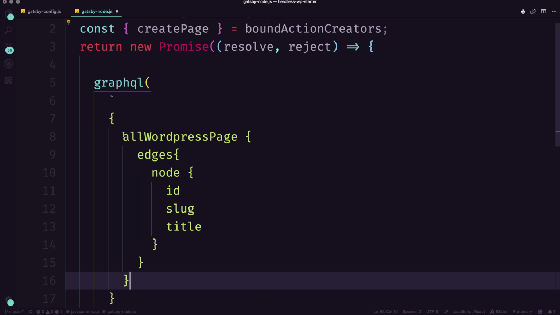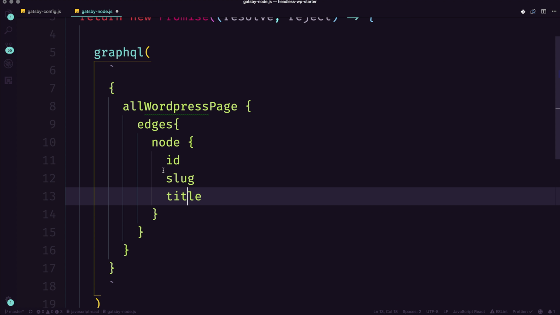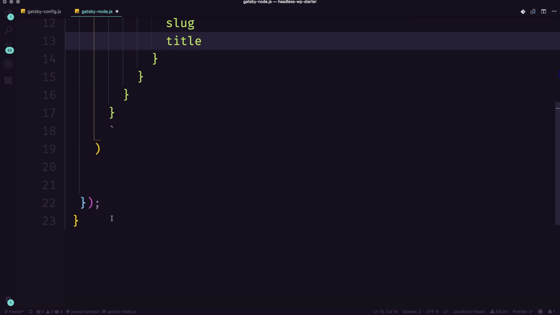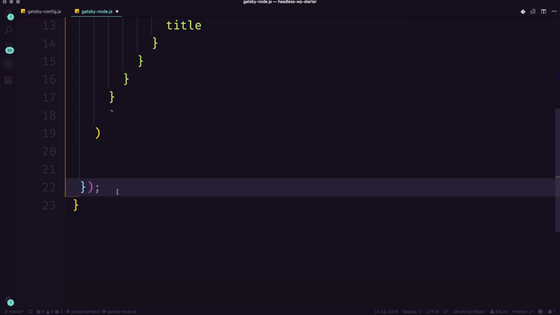Now from here, we're going to paste this in here just like this. Keep in mind, this is a string here. Okay, so check it out. What we want to do now is have access to the then of our promise. So if we scroll all the way down to where it gave this a semicolon here, we want to say dot then, and here we're going to get the result